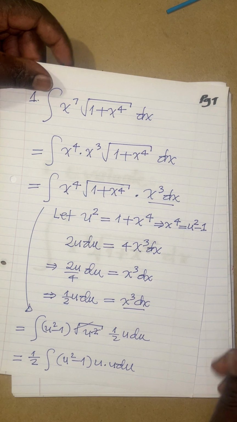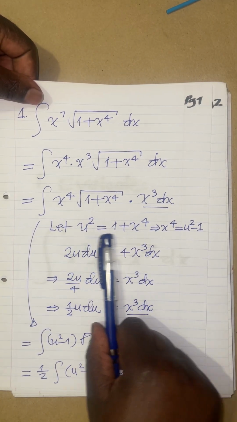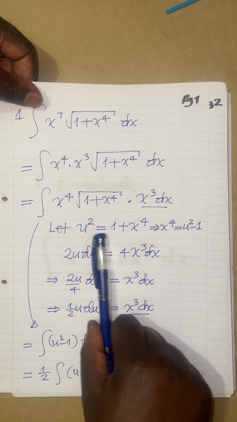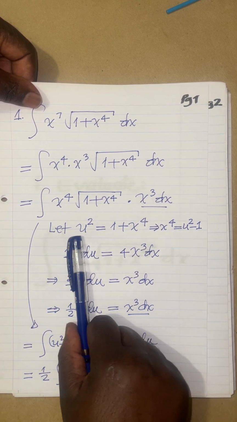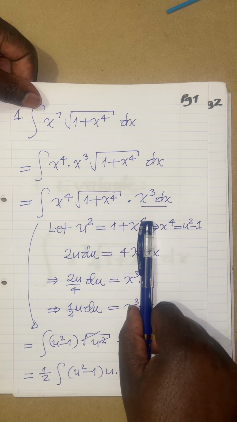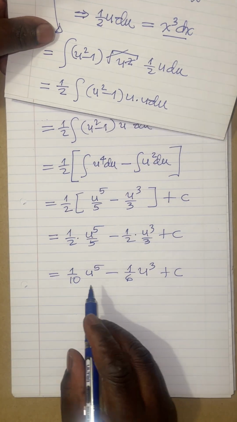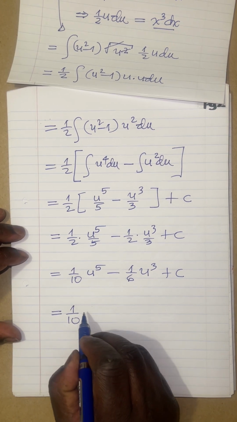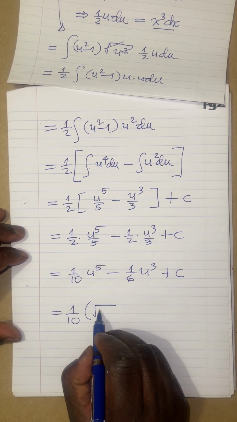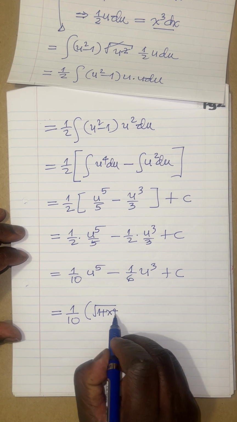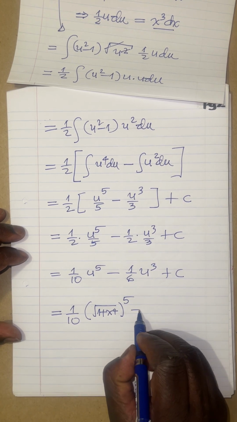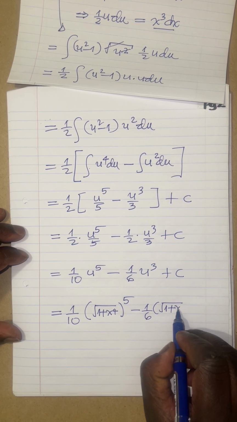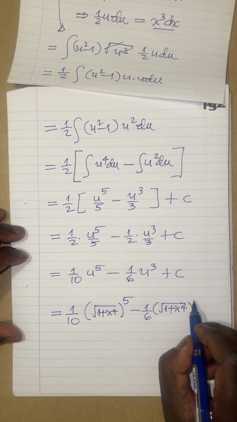So that means we must come back here and look at this expression here. This is u squared equals this. So what is u? We'll have to take square root both sides here. Solving for u, you will see that it's actually the square root of this. So we're now saying, therefore, this is equal to 1 over 10, open brackets, square root of 1 plus x power 4 all to the power 5 minus 1 over 6, and then we have square root of 1 plus x power 4, and then we have to say power 3 plus